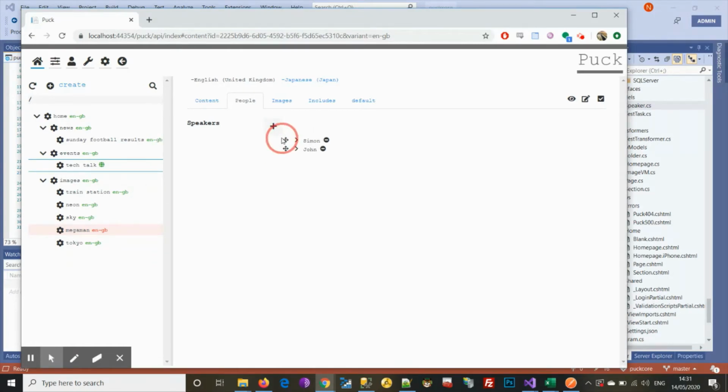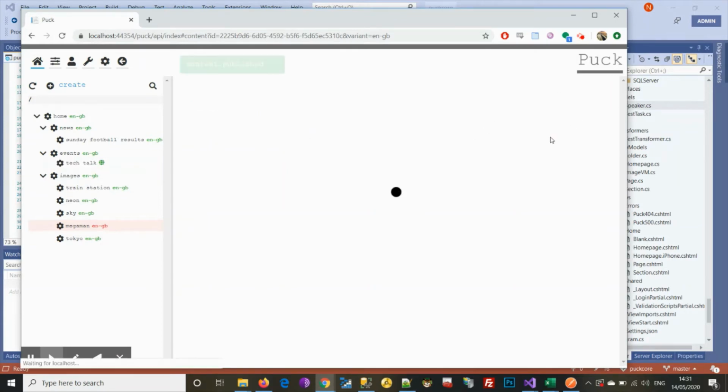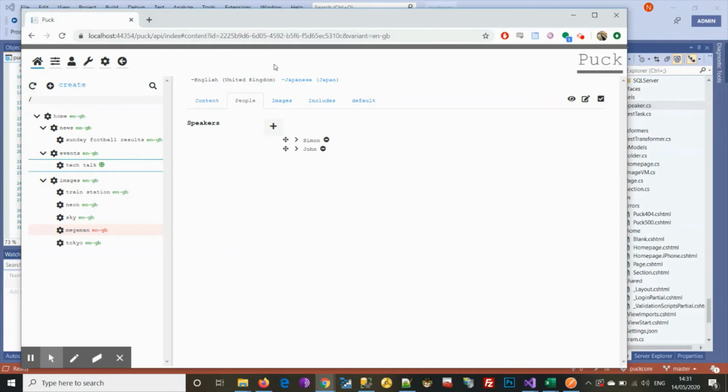You can sort them as you like as well. We're just going to save this for now. Content published. And now if we go and view the page,